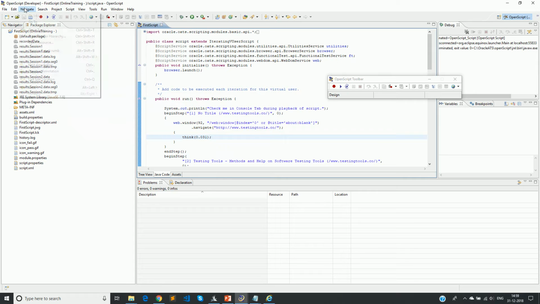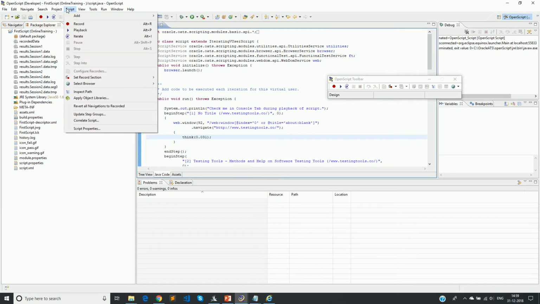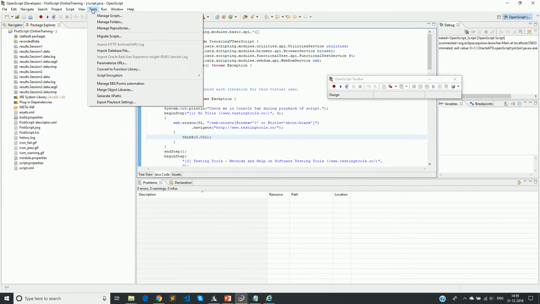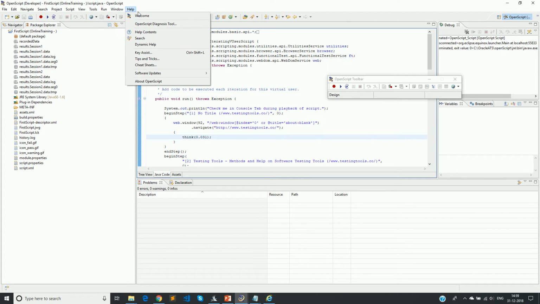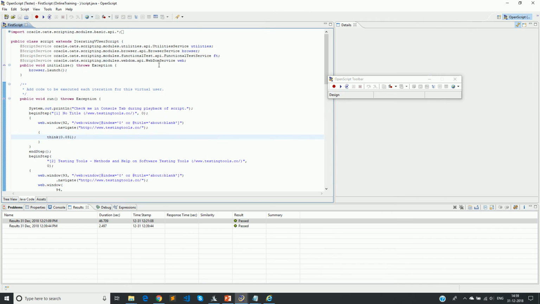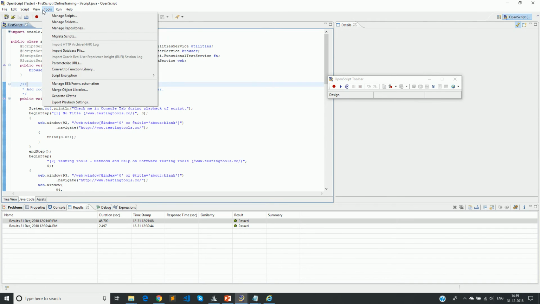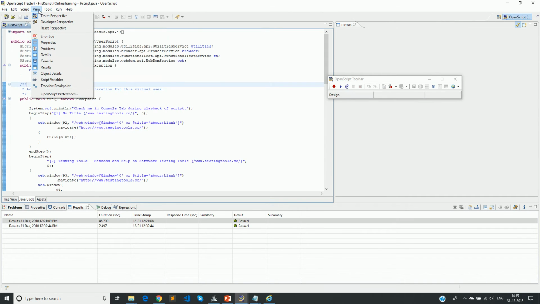You have navigate, new, this one, search, project, script is already there, view is already there, tools is already there, run is already there, window is something new, then help. Reset perspective, for example, if you have made any changes in the perspective that you're working on, you can click on reset perspective and everything gets to normal.